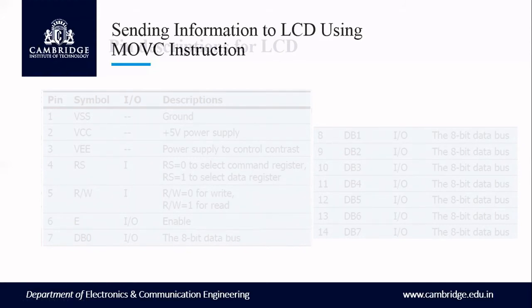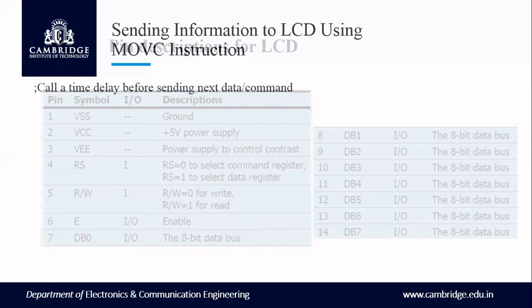In order to reduce the length of the code, you can create a lookup table for all the command codes. The data pins play a very important role in carrying the data or the message you want to send. RS is the register select input. If RS is 0, the command register is selected, meaning whenever you initialize the LCD, you need to send the command register values. Then you can write them as command codes in order to initialize your LCD.